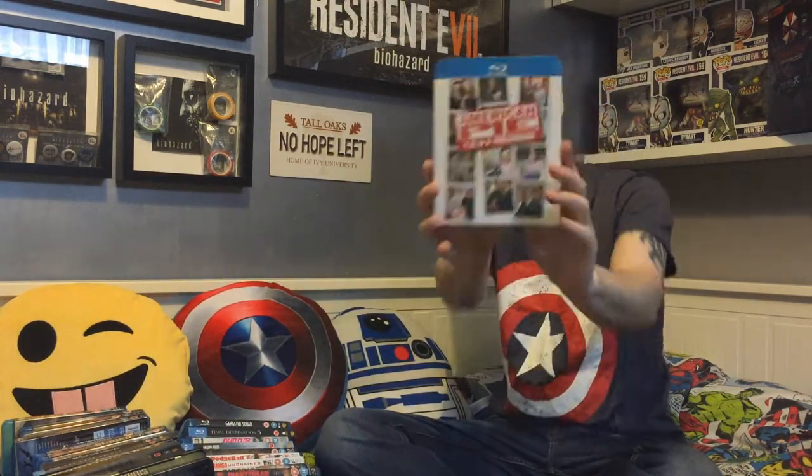I've got American Pie 1, 2 and 3 reunion box set. I did have these separately, but with everything in my collection, if there's a film trilogy or film series that I have separately but they re-release them in a box set together, I always trade in the single ones and get them in a box set. It's probably my OCD, but I love to have them all in one box set together so they're always kept together and I don't ever split them apart. I have Apollo 18,